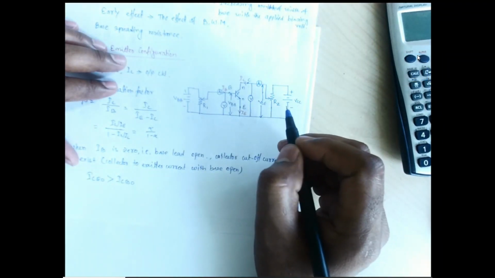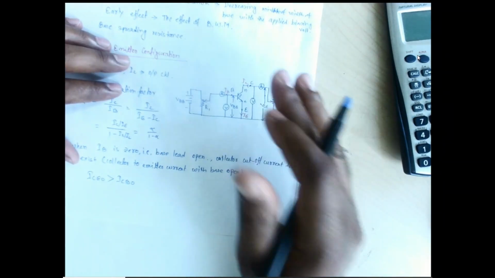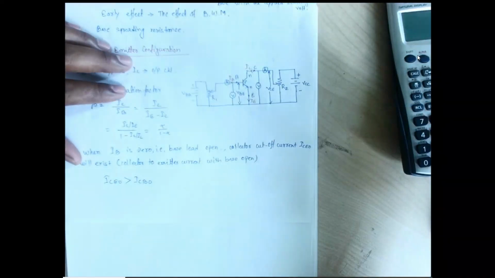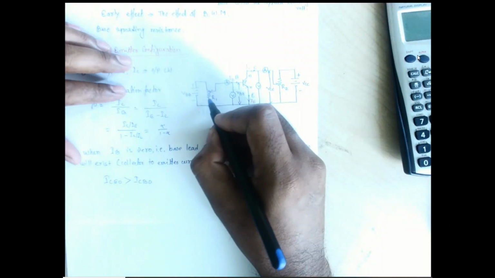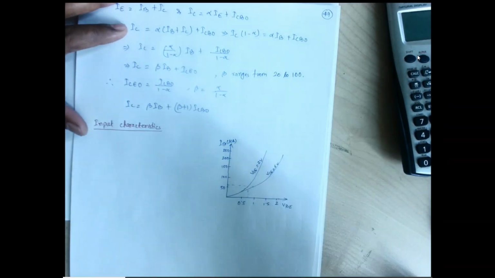So it is a normal PN junction. So it will have the current after a certain threshold voltage, or we can say a certain knee voltage. Once this knee voltage is overcome due to this input voltage, we can have the current. So that is what we can also find here. After a certain voltage the current will increase.